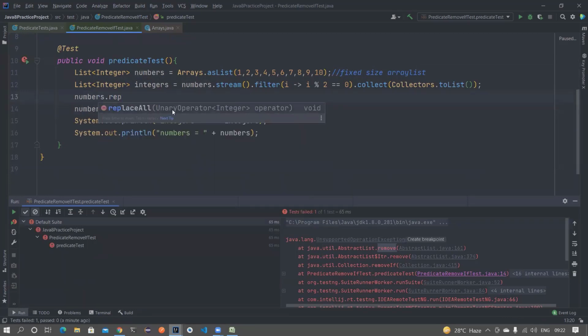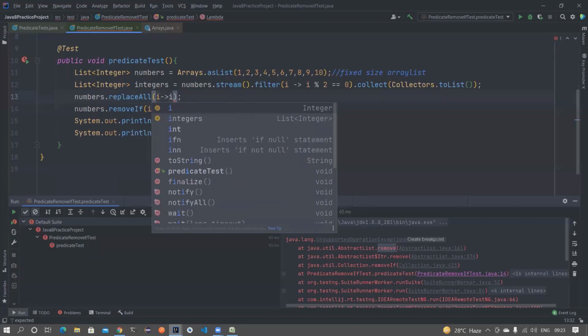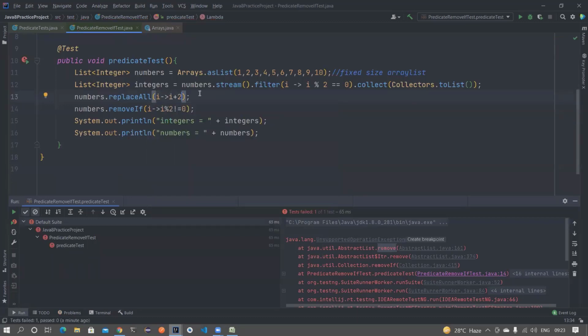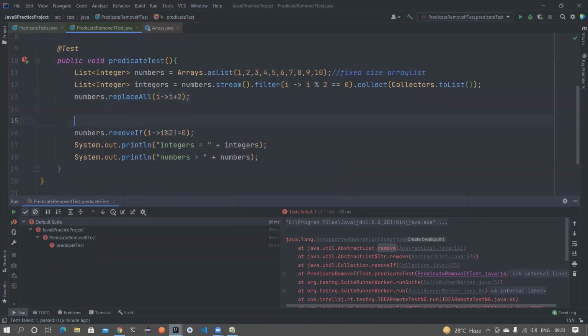This is a unary operator. Suppose I want to change all these numbers by adding 2. Someone is passing me an integer, and I'm just going to add 2 to it. Now basically I want to print all the numbers. You can do this operation because we can replace all of them, since the size is not modified. So let's try to run the test and check what's happening.